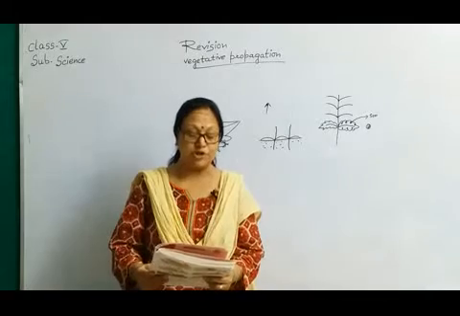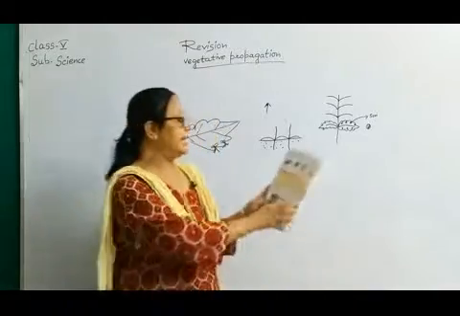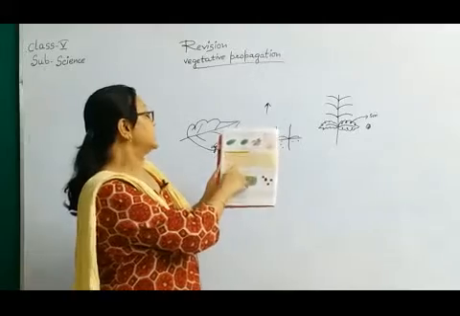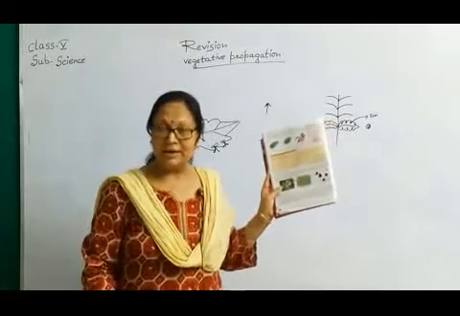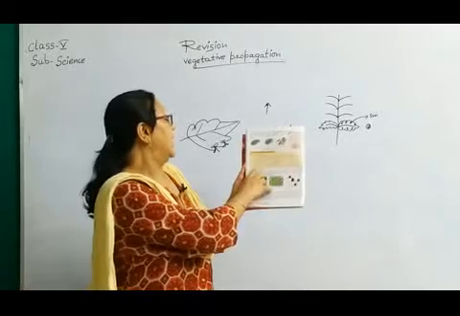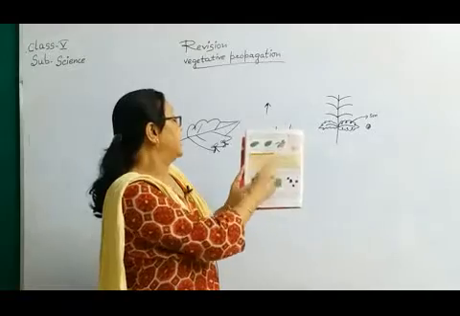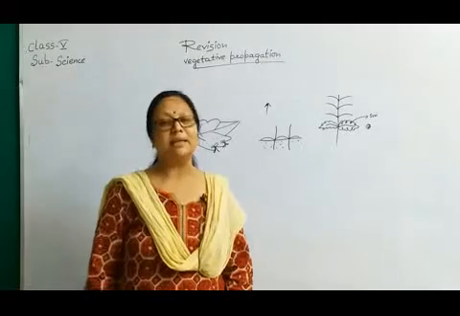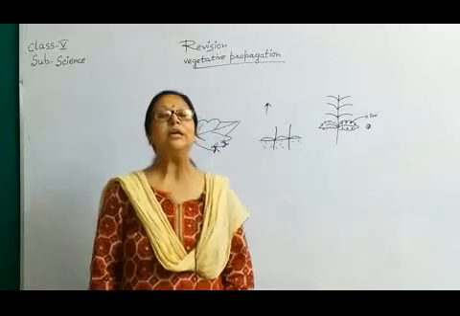Another multiple choice question is: which one of the following plants grows from stem cutting? Three answers are given here: rose, bryophyllum and sweet potato. We have just seen in which plant stem cutting is very common: the rose plant. So the answer is rose. And the last one is about bryophyllum. Plant buds are present where: leaves, stem or roots? The buds of the plant are present in the notches of the leaf. That's why the new plants grow from these notches. So it is the leaf.